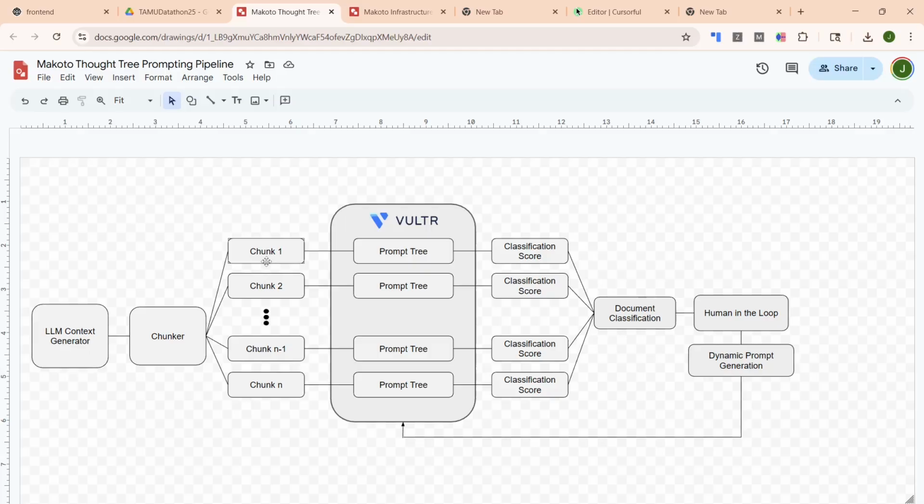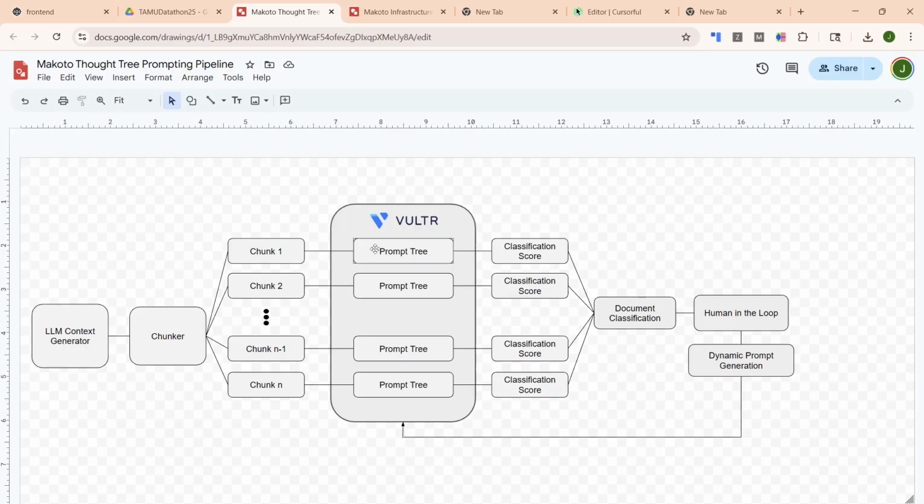And the issue with doing this kind of chunking is you do lose some of the context, and what this summary is meant to do is bring back that context in, so the later prompt tree that we run can properly classify whether the information is classified, whether it should be public or any other of the classes. So basically, once we have all the different chunks, all these get fed in parallel to